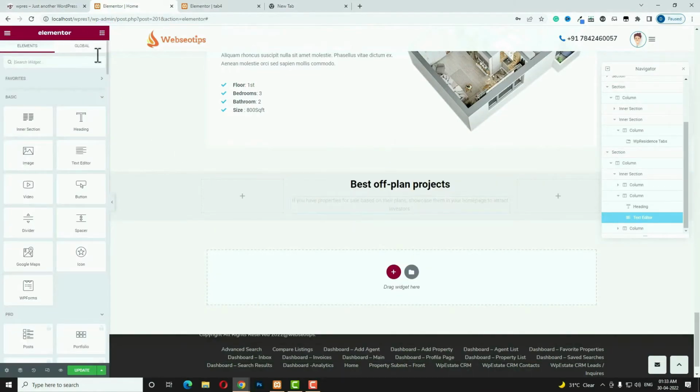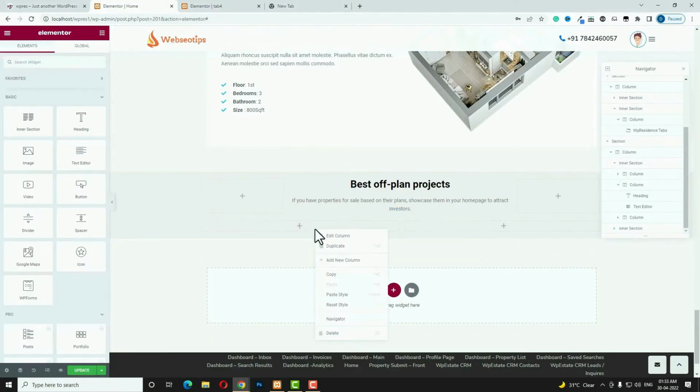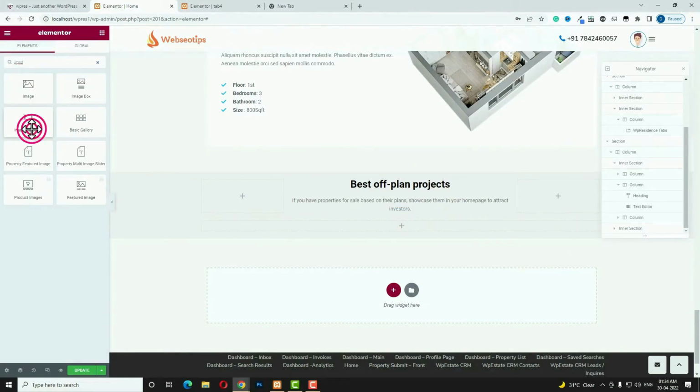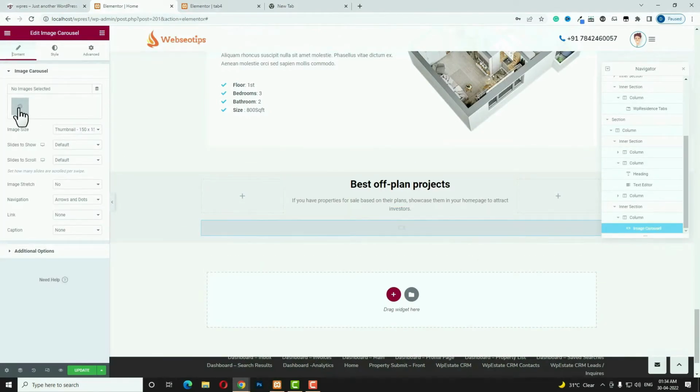So for that, first of all what I have to do, drag and drop the inner section here like that, and I need only single column, so I am deleting the first one and click in the plus option, and here I have to search for the image carousel. That is the image carousel. Just drag and drop it here like that. Now I have to add all the images. So click in this,